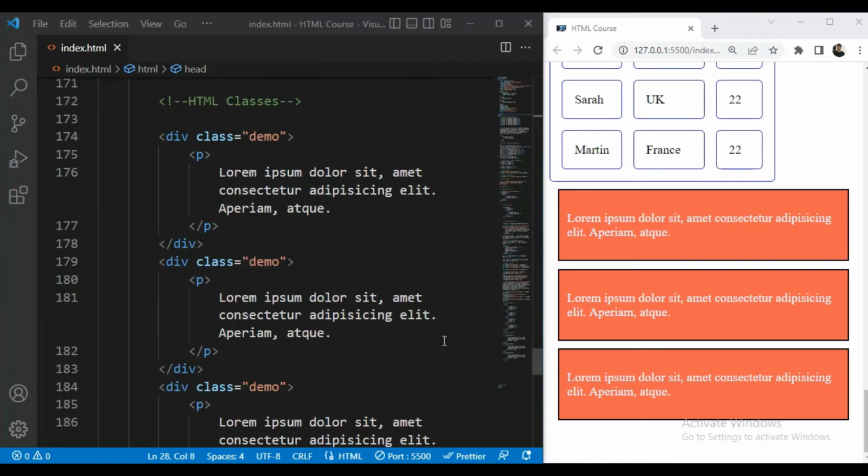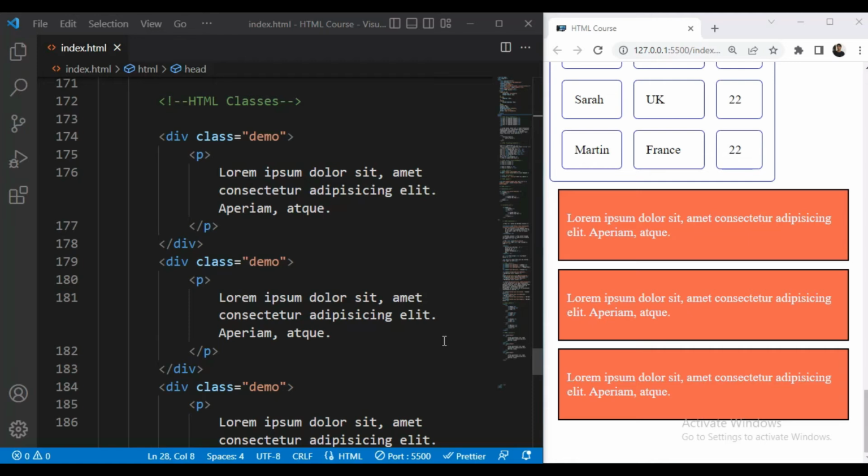Next we will see HTML ID attribute. The HTML ID attribute is used to specify a unique ID for an HTML element. So previously we have seen the HTML classes.